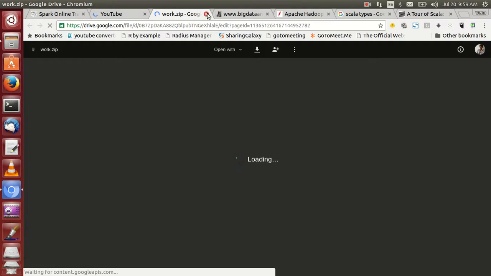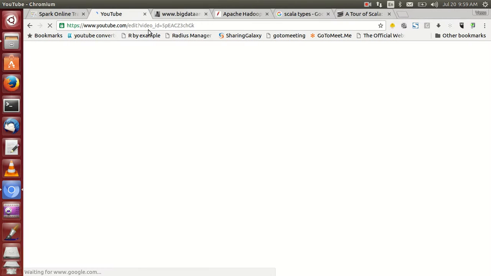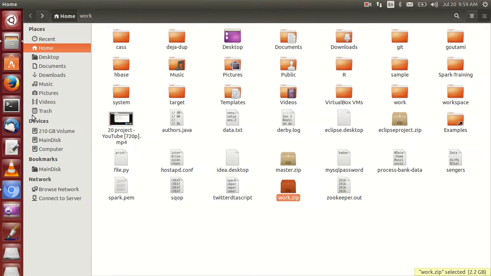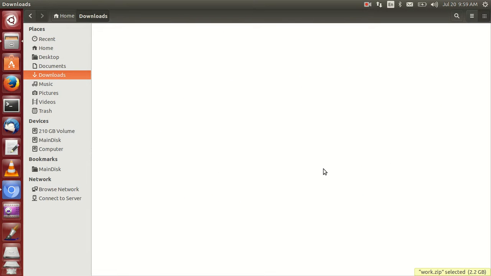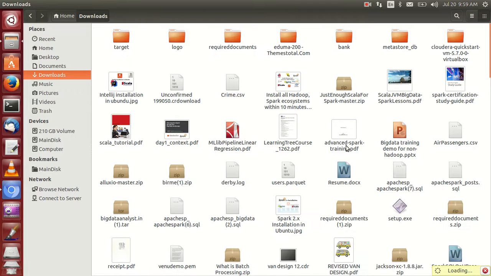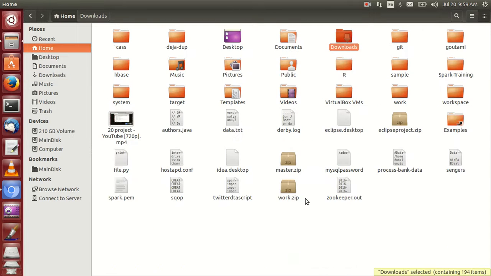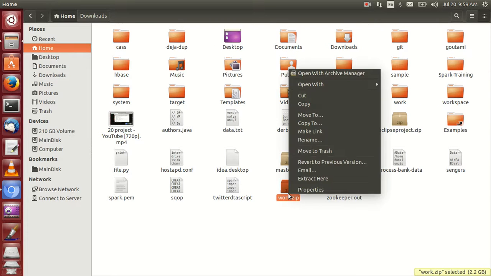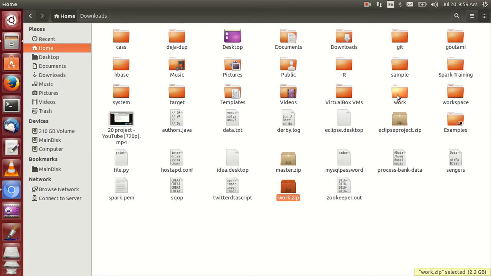After downloading this file, most probably it is in the Downloads folder. Simply copy that work folder and paste it into home. Go to home and paste here. This is the work directory. Right click it and extract it. Automatically you will get this work folder.